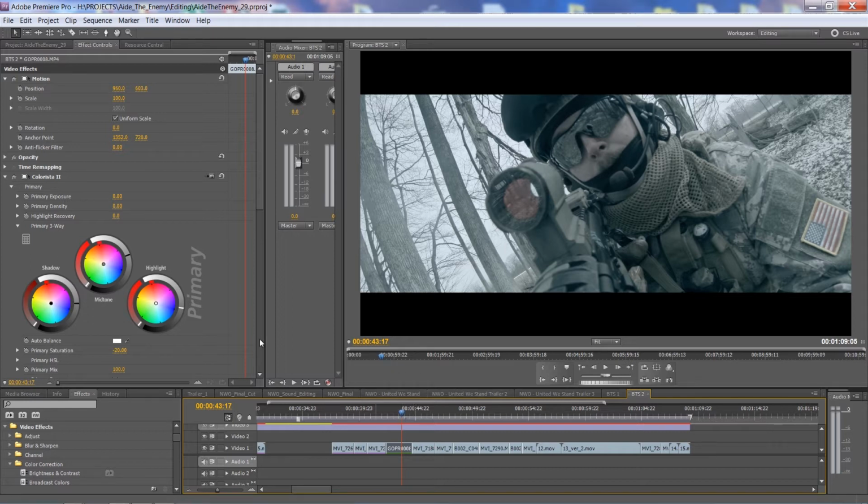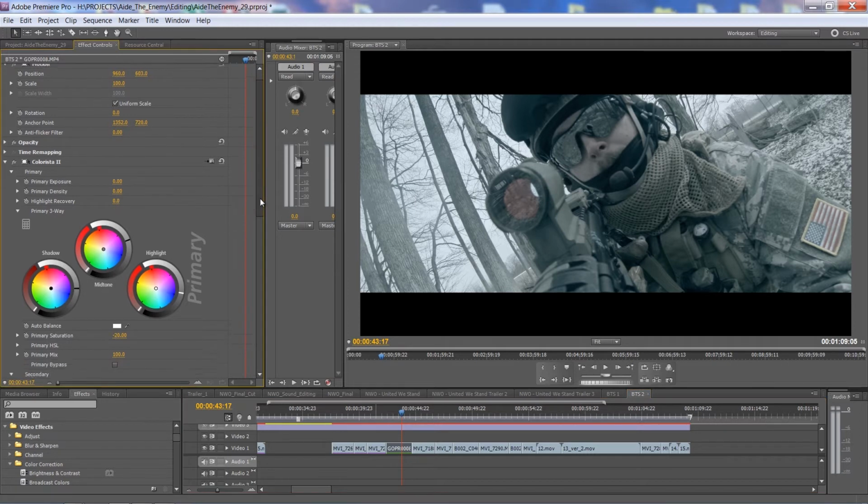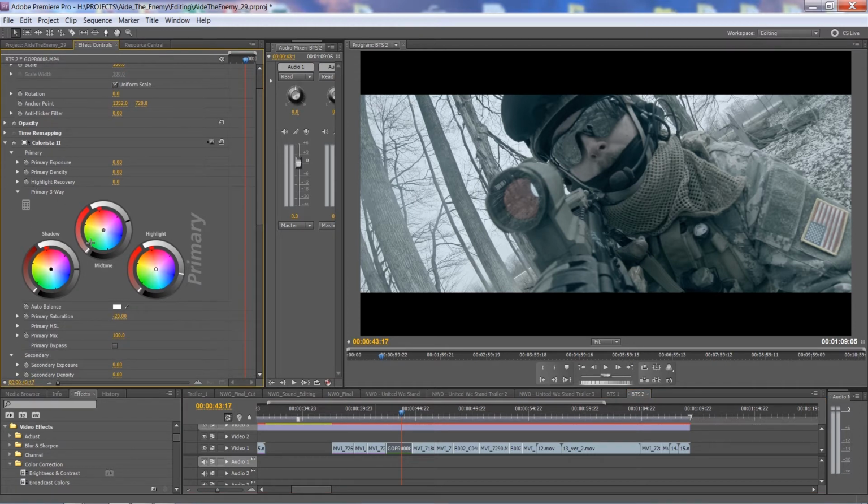So because of that, we have to go again into our primary three-way color corrector, and here we can counter it. So we know that we have too much warmth in this shot. Overall, I'll just take the midtones and pull them towards the blues, and then the highlights especially, like this. And then I'll bring back a bit more of the contrast into the shot,